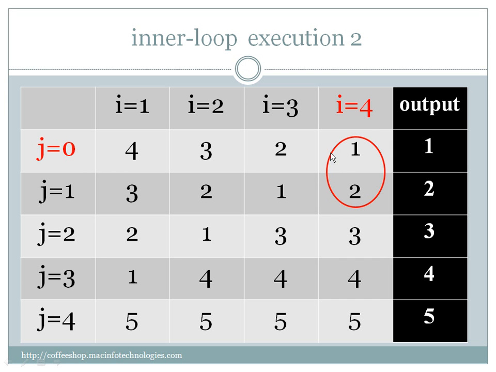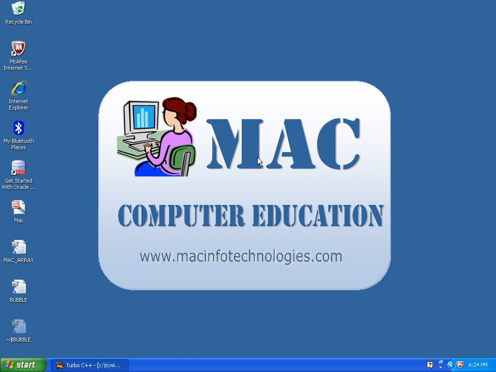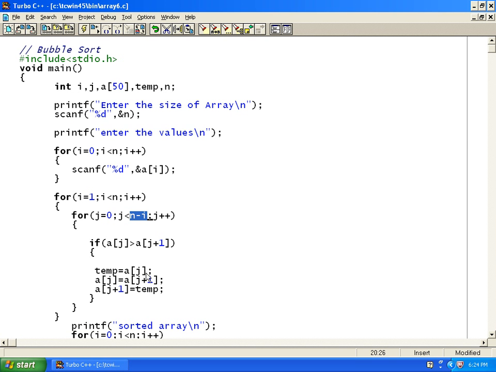Now I value is 4, so j less than n minus 4, which is 5 minus 4, is 1. So j less than 1 executes in the for loop. j equal to 1 will not execute, so it will stop the inner loop here. The outer loop I becomes 5, and the outer loop also stops. So this way we get the output as 1, 2, 3, 4, 5.